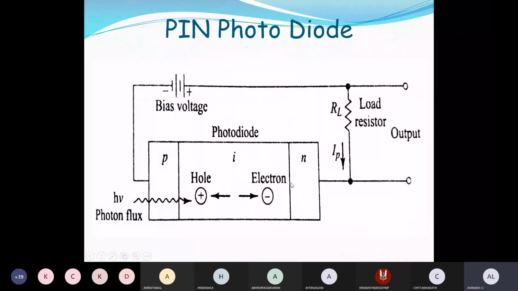So this is exactly what I told you. This is the reverse bias condition now. When we have a reverse biased junction, whatever photon is incident will cause electrons to move from the valence band to the conduction band. Corresponding to how many electrons are moved from valence band to conduction band, that much current will be produced. That produced current will be taken as the output.